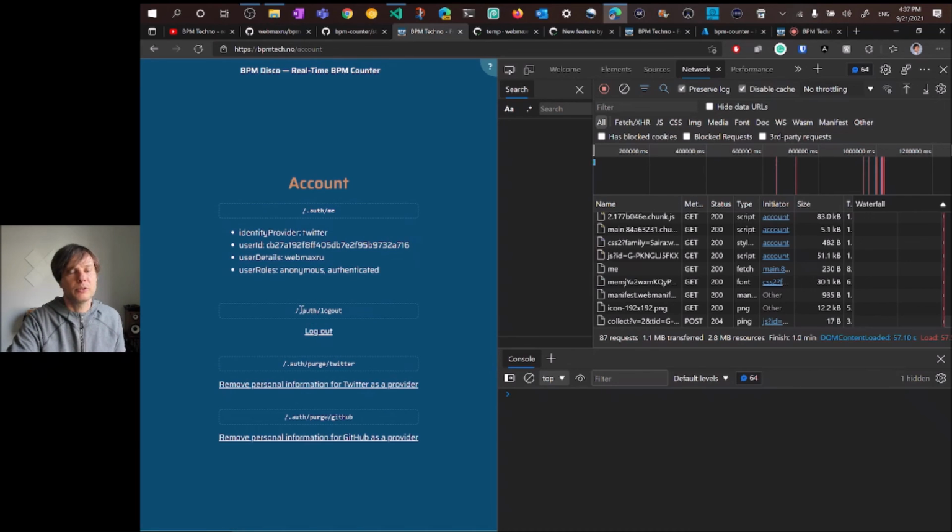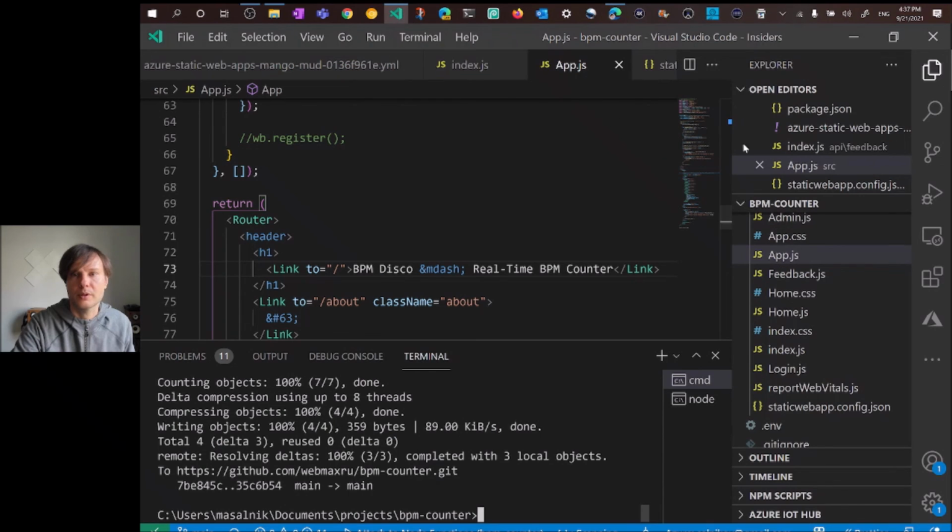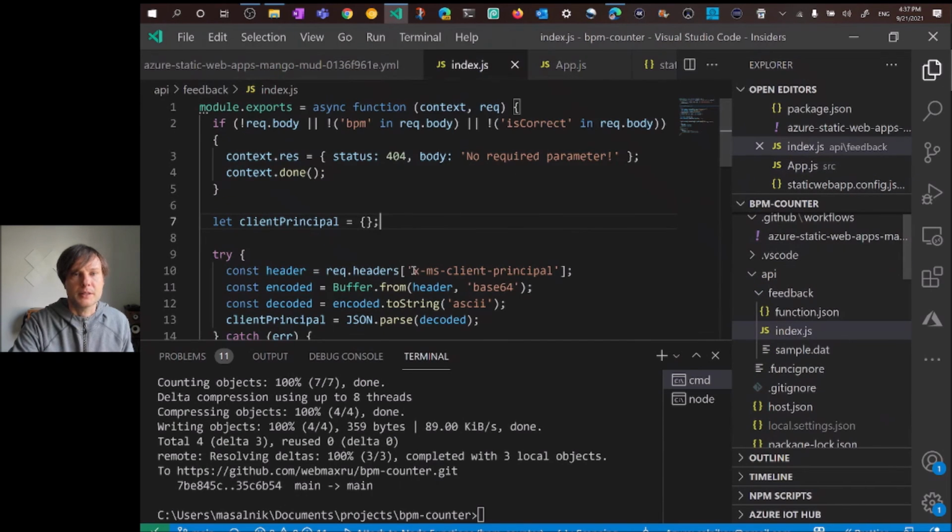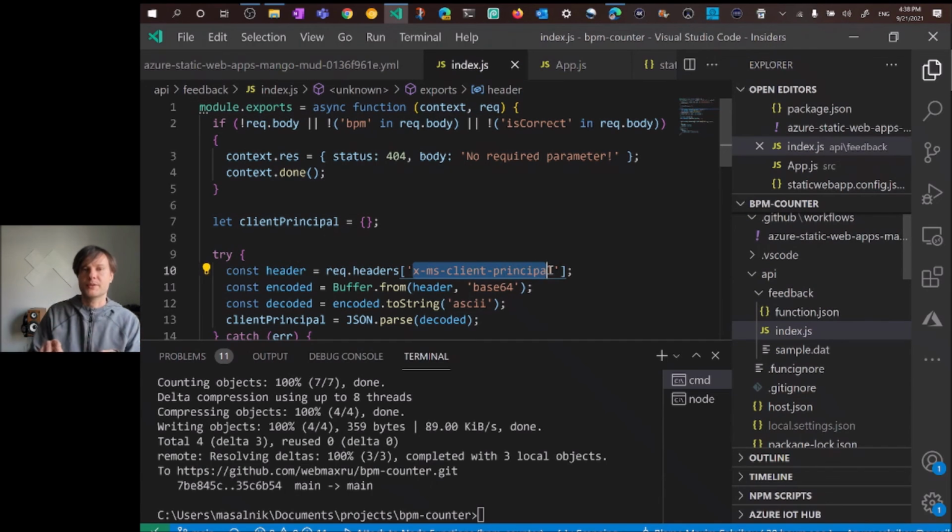For logging out, you redirect people to that kind of URL, again part of the .auth folder. And also all requests to the API endpoint have a special header. Let me show you how that looks. Yes, it's called x-ms-client-principal, so you can parse it on your server side to get information about the user